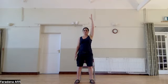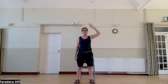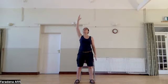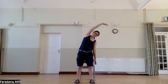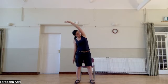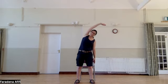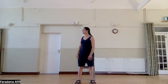Okay, now this time, point down, point up, rotate and over. Come back. Point down, point up, rotate and over. And come back. Point down, point up, rotate and over. Point down, point up, rotate and over. Okay, so next, let's do some shoulders and arms and get them all nice and,